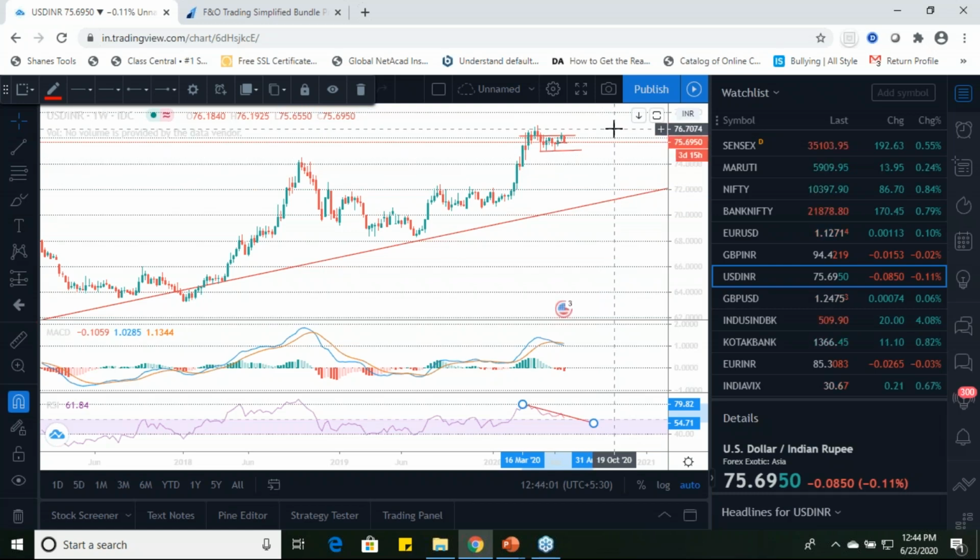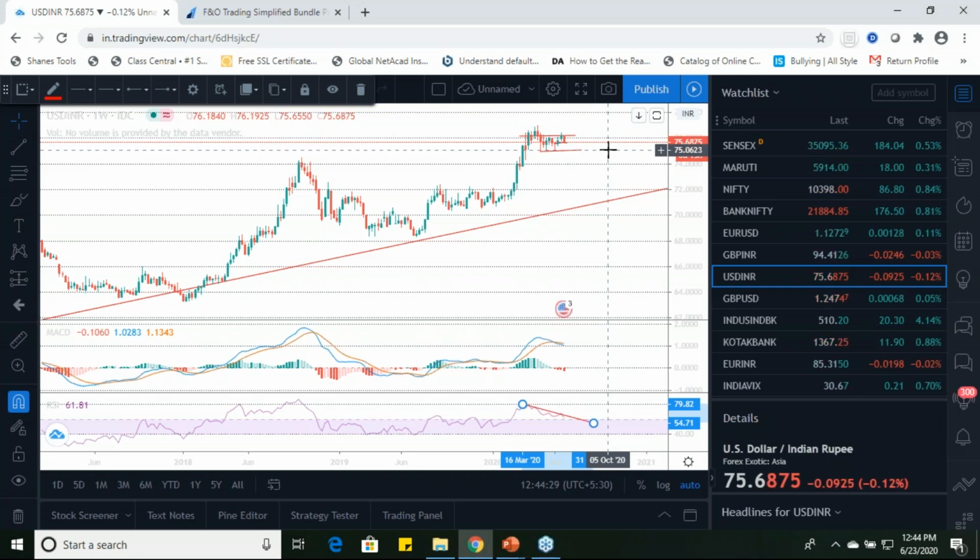On that upside front, we can see that for the last couple of weeks the USDINR has been consolidating within the range of 75 and 76. So right now it's still consolidating. There is no clear-cut signal over this. On that upside, recently it has broken down to the 76 downside. So we'll be seeing 75 on the downside front if there are further